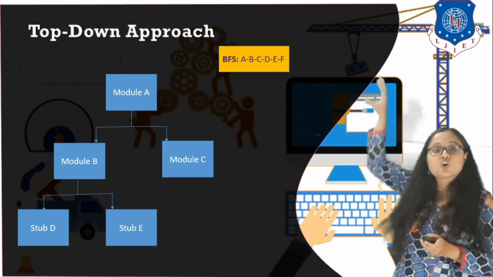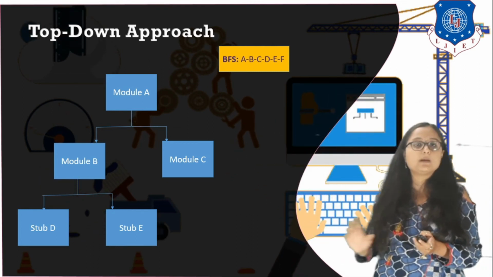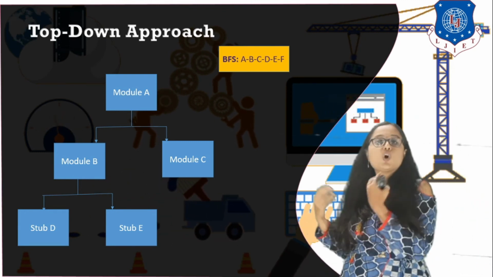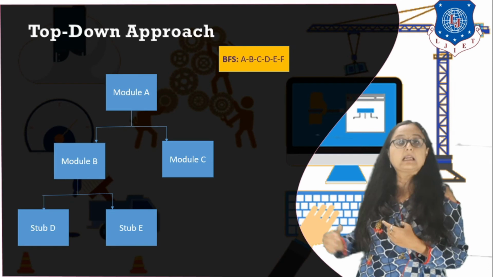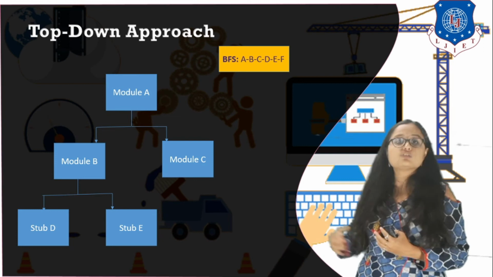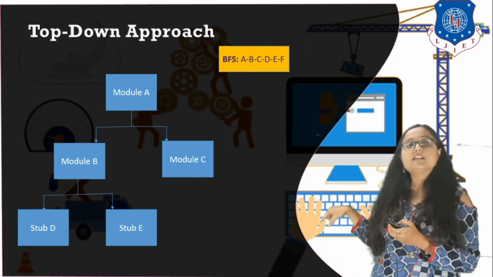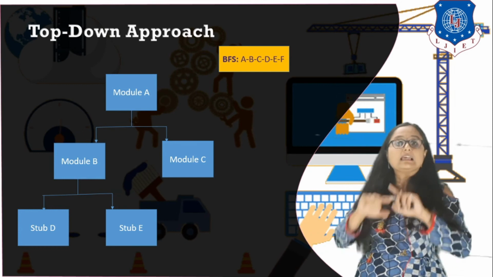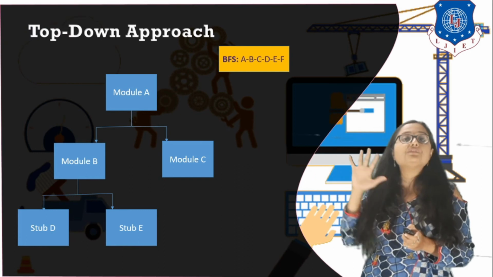Now the second increment, according to the BFS strategy, is that we take module B, which was dependent on module D and module E. There is a possibility that module D and E are also under construction. Module B is completed. What will we do? We will replace module D and module E by the stub versions or dummy modules, so stub D and stub E are replaced, and now in the second increment module A, module B, module C, module D and module E are integratedly tested. So this is the second increment in which we are testing 5 modules together.